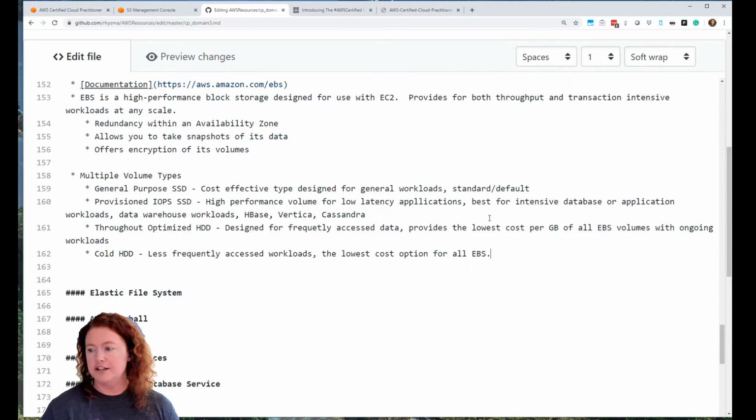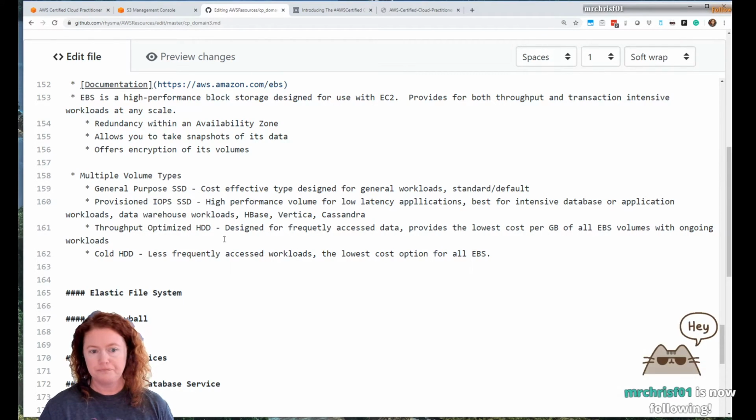It seems like the cost would be negligible. You can look at the pricing. Cold hard disk drives are 0.025 per gigabyte a month. Your throughput optimized are